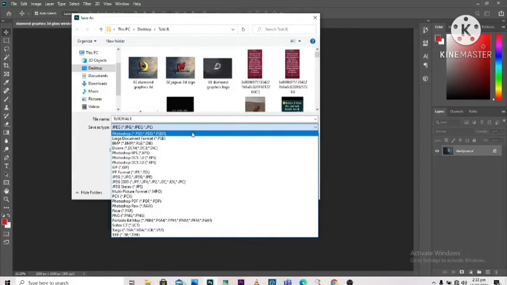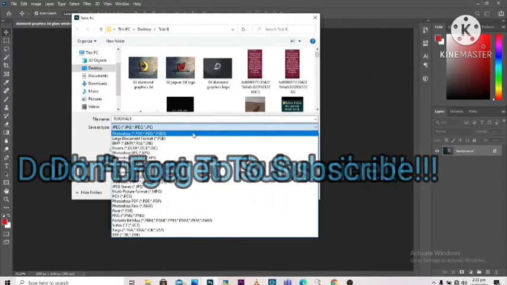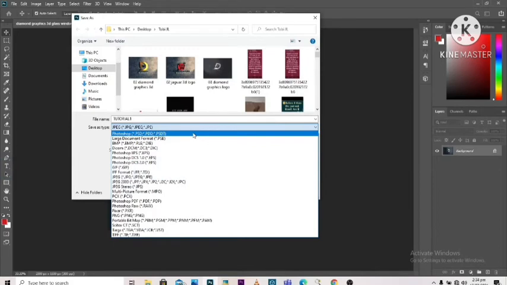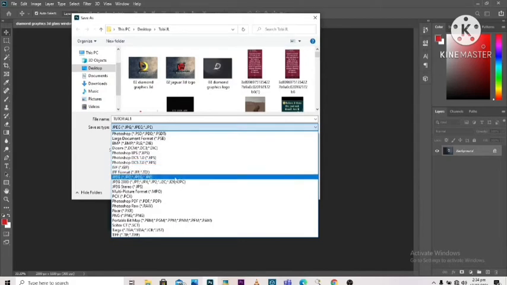Now I recommend you also save as PSD as well as your final format, so that you still have your layers and changes made within Photoshop. In this drop down, you will also see the standard image formats such as JPEGs, PNGs for transparent images, TIFFs, bitmaps and more. So for this video we'll be saving as JPEG.